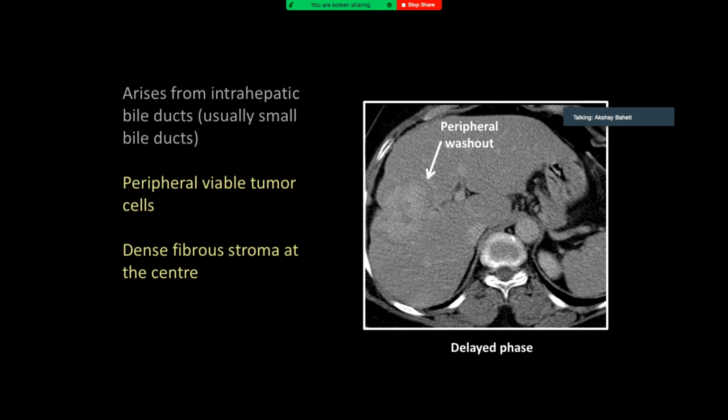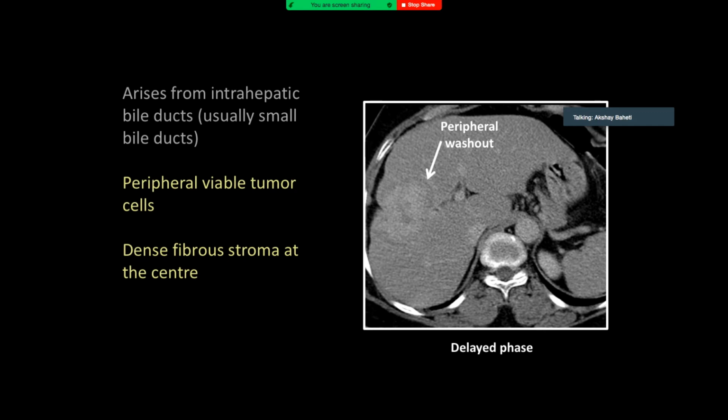So that just indicates that the periphery of whatever this lesion is cellular. It is enhancing and then washing out. So peripheral washout sign is supposed to be a very classic sign for a malignancy. Okay, it can be a cholangio, it can be adenocarcinoma metastasis. So once you see this sign, almost always an adenocarcinoma. Okay, it may not be always a primary intrahepatic cholangio, which is an intrahepatic adenocarcinoma. It can be a colorectal, which is also an adenocarcinoma, which is metastasized, right? So it is supposed to be very classic for an adenocarcinoma.